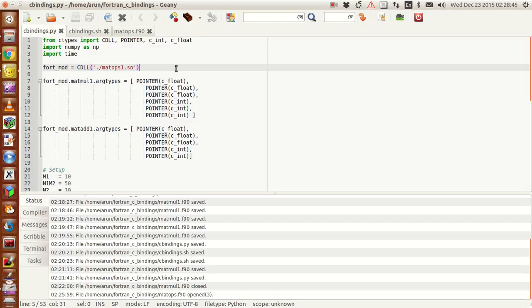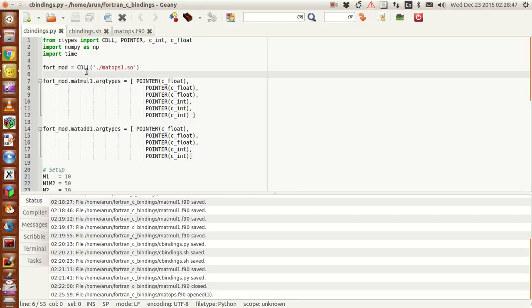Fortran file, using this command, CDLL, and I'm assigning this CDLL result of this file execution to this object, fort_mod. Okay, you can give any name, it doesn't matter, you just make sure that you understand what's going on. This will actually be our module name, simple as that, so nothing to